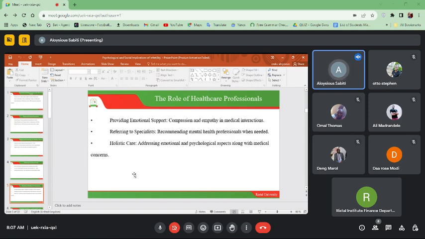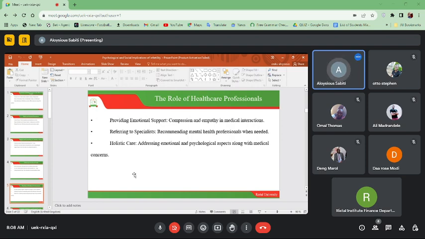Sometimes these issues become very mental, that someone becomes mentally disorganized or mentally ill. So it is upon you as a healthcare professional, or as a reproductive health specialist, as a public health specialist, as a demographer, you should be able to ascertain this person's level of mental weakness, and then you're able to refer to a particular